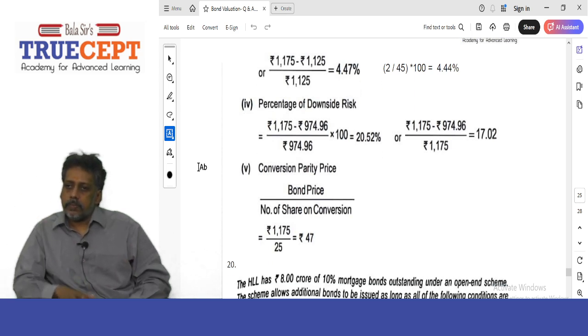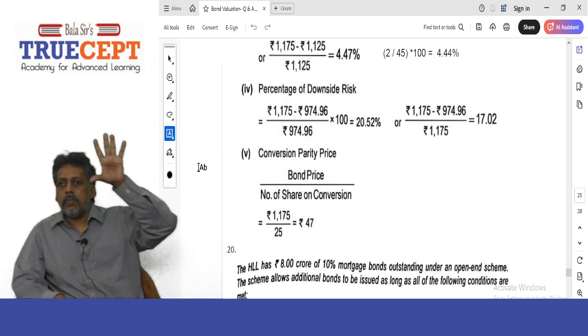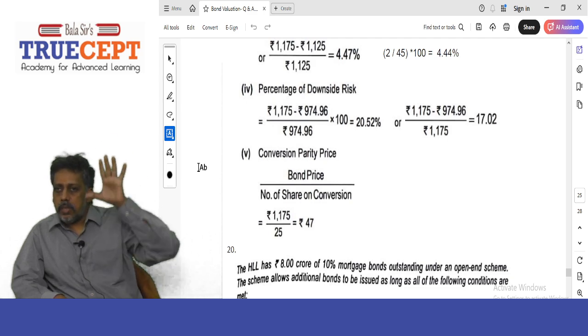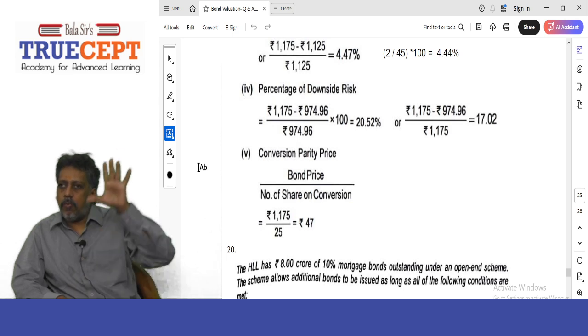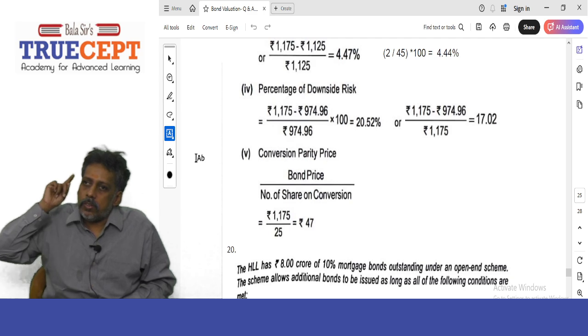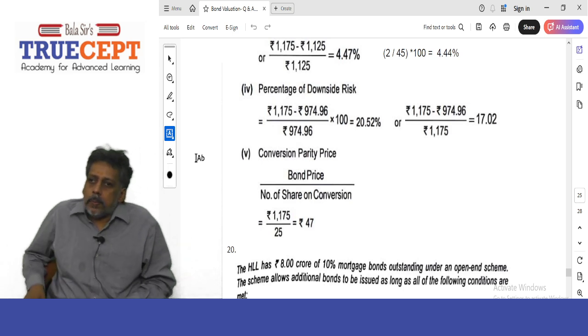And then next, conversion parity price, very simple, also known as the market conversion price. Very simple. Divide 1175 by 25 shares, 47 rupees. Why is it called conversion? No, it's called the conversion parity price. I will tell you. It is called parity price because